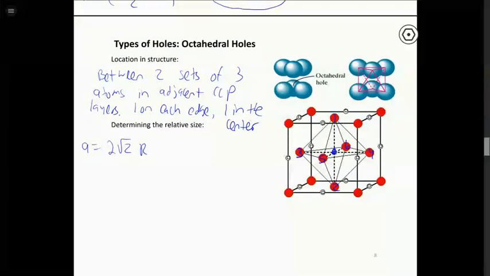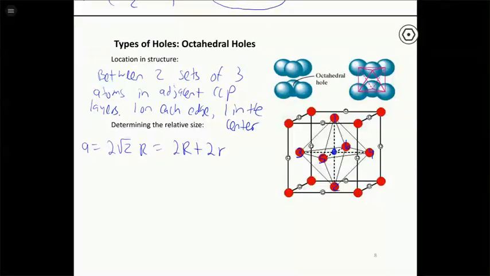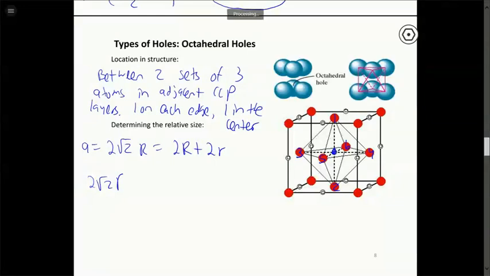So that's going to be 2 times big R plus 2r. So this time we don't have to consider the diagonal, we just go along one of the edges. 2 times big R plus 2 times little r is going to give us the length of an edge, which is equal to 2 times the square root of 2 times big R. So we just do a little bit of algebra now. We just divide both sides by 2. And then solve for the small radius, which is going to be radical 2 minus 1 times the big radius, which is equal to